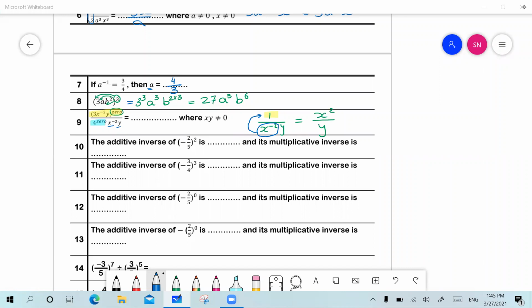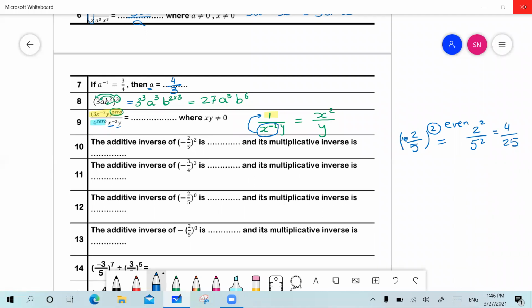Mariam? Negative 4 over 25. Oh, and you already answered number 1 and number 10? Mariam? Yes. طيب يبقى first of all we are going to find negative 2 over 5 all raised to the power of 2. Here I have a negative number. I will go and look for the power. The power is even. So the negative is cancelled. And I will have now 2 to the power of 2 over 5 to the power of 2, which is 4 over